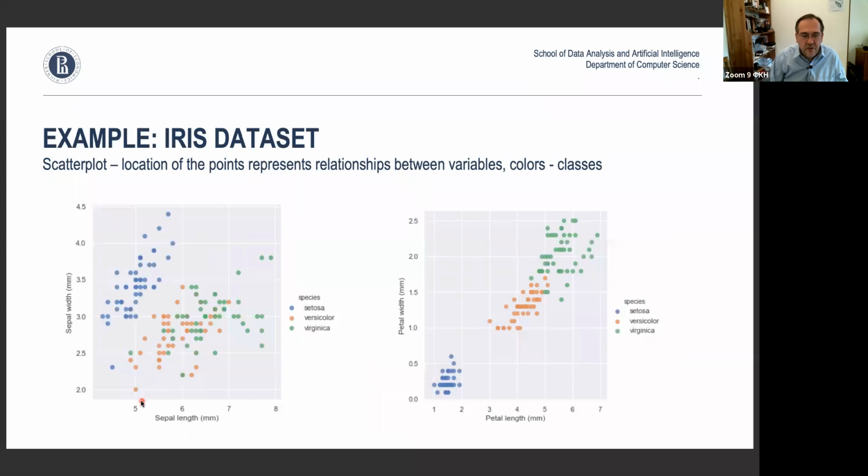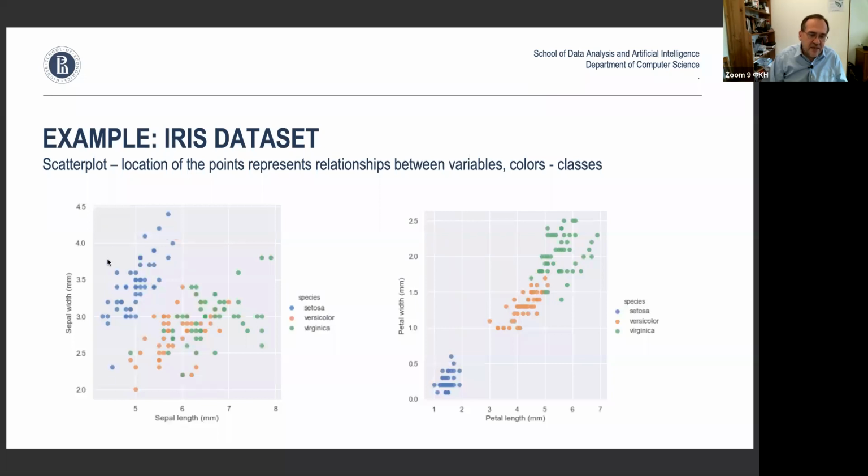And I also color-coded this based on the type of species. We notice that there is a group of points here, and then the green and those brownish points overlap. Every point is one sample, one measurement, one flower that has been collected and recorded, right? And so there are a few things you can notice, actually.